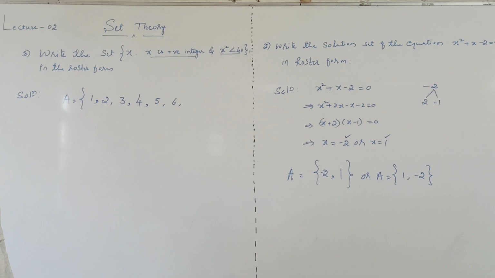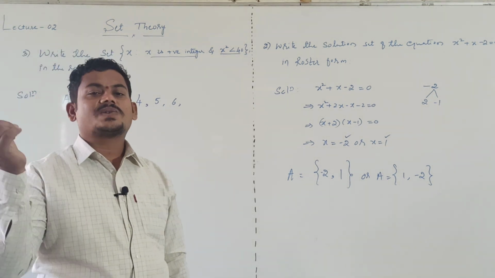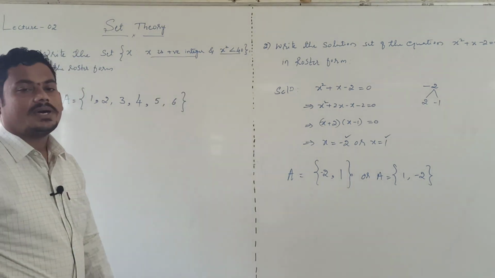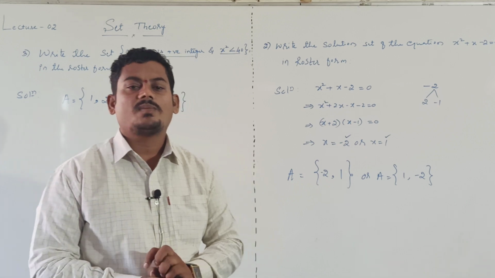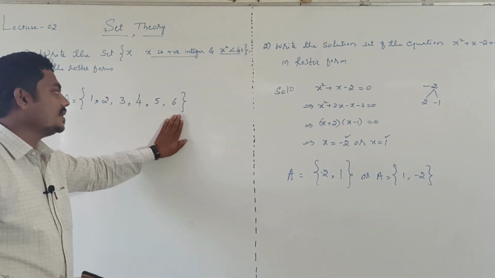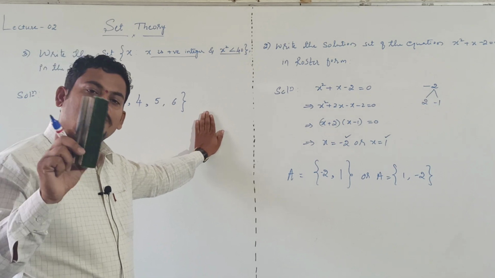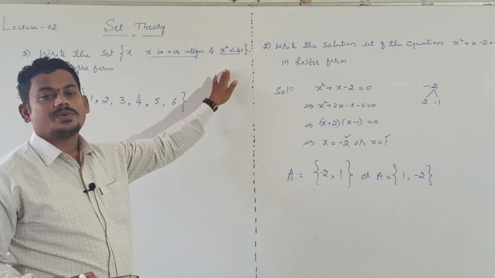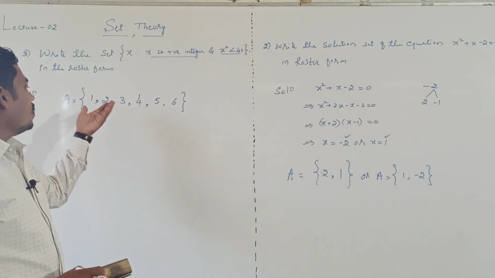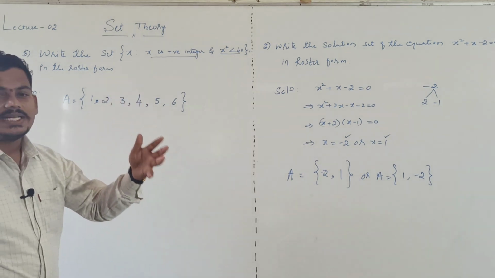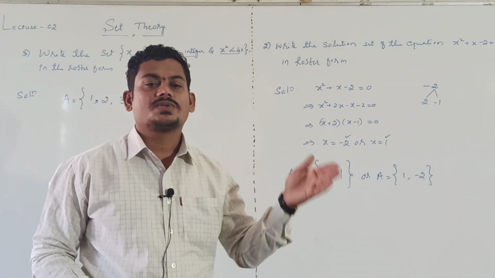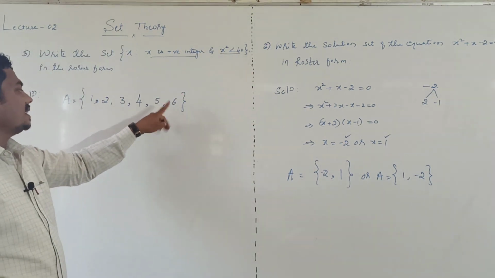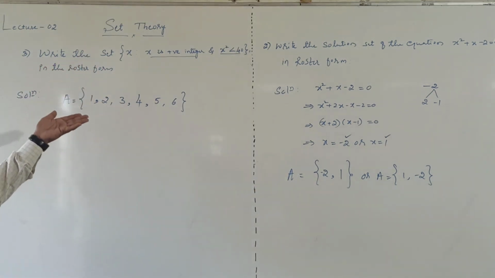If you take 7, it is a positive number, but its square is more than 40, means 7 is not possible. Remaining all the positive integers are not possible. Up to 6 is possible. 7 is positive, one of the conditions satisfied, but the second condition is not satisfied for 7, 8, 9 and so on. 1 to 6. All positive integers whose square is less than 40 are 1, 2, 3, 4, 5, 6. Write the given set in roster form.